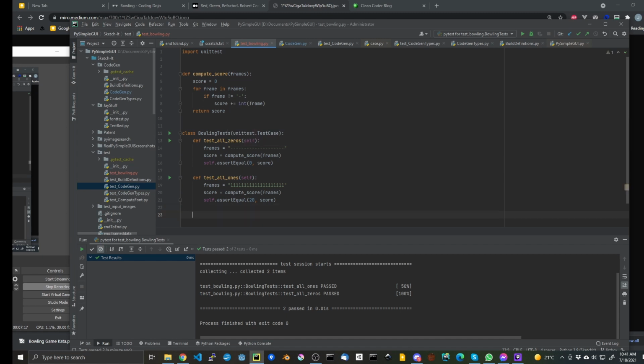Okay, so now we're at this interesting point. If you think about the code so far, we actually have everything we need to score a game that doesn't have any sort of spares or strikes. And that's just with this amount of code. So let's